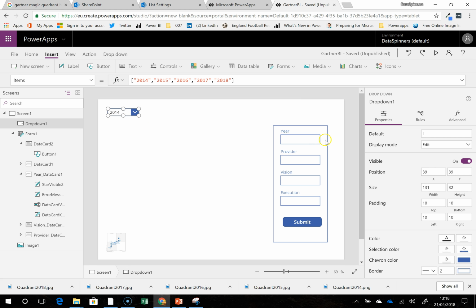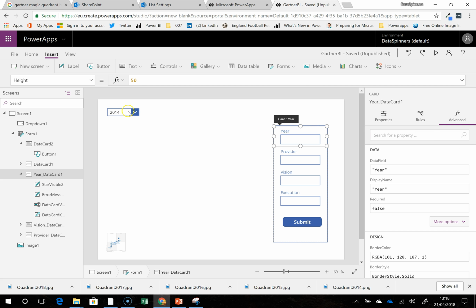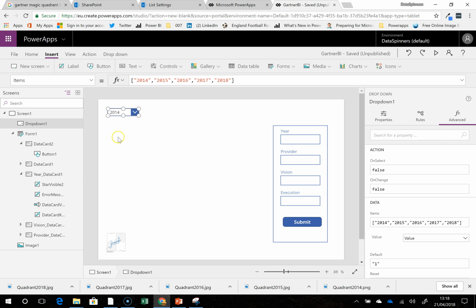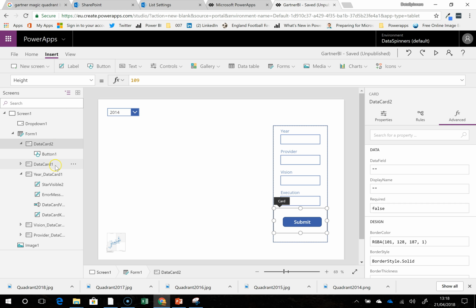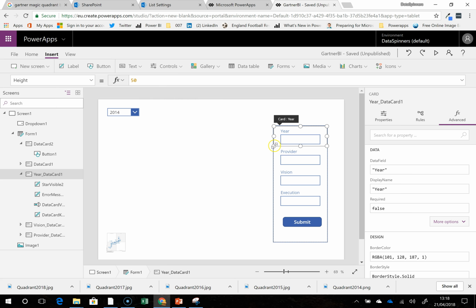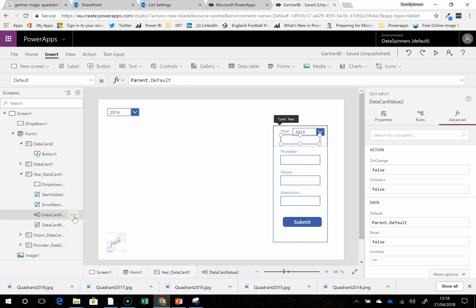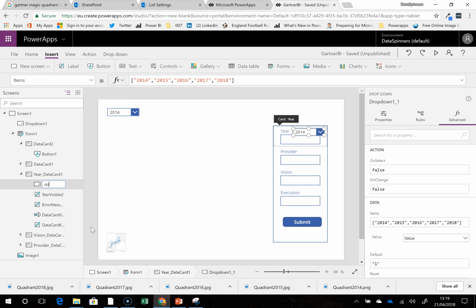That's a bit of a shame, because what you need to do is actually click on it, then go to the advanced, then unlock to change properties, and then I can literally copy that, move up there, there it is, and I can paste it in. It was just a Control V I did there. And what I'm going to do is make the value of this item here, I'm going to rename, I'm going to do the default equals, it's drop down, I'm going to rename it to DD year,